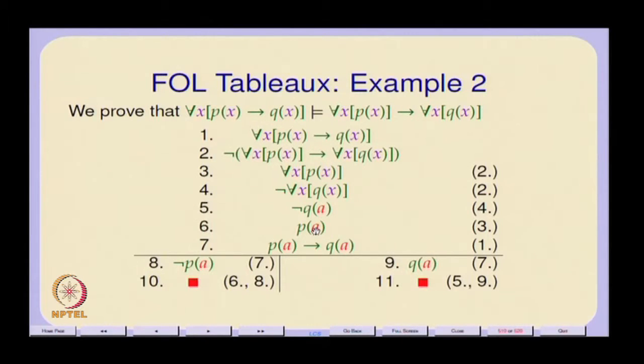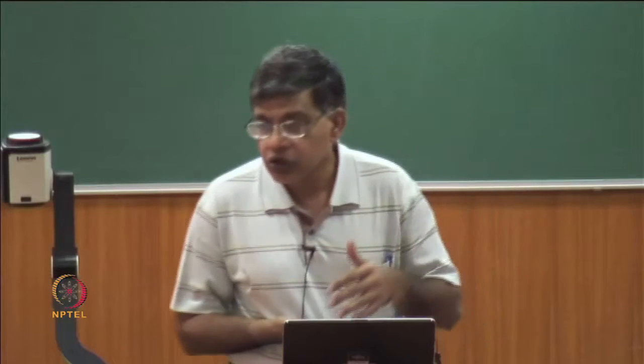And given this P of A, it also raises the demand to initialize this to P of A arrow Q of A, which is a branching operation, a branching connective. So that gives me not P of A, and of course there is a contradiction here, and then it gives me Q of A, and there is another contradiction here, and so the tableau is closed. And so this way you ensure that you get